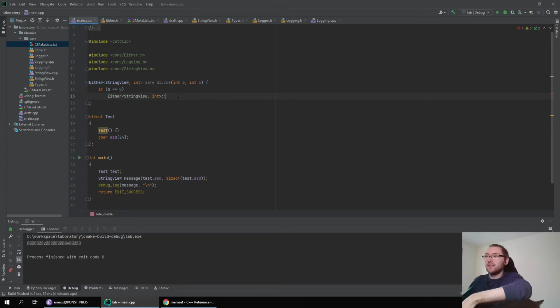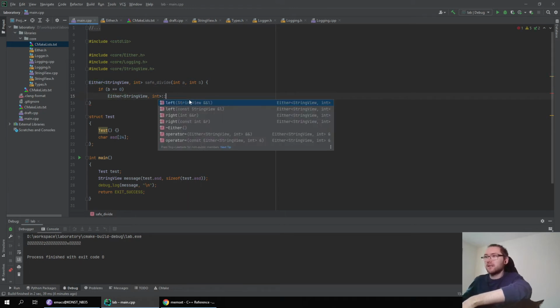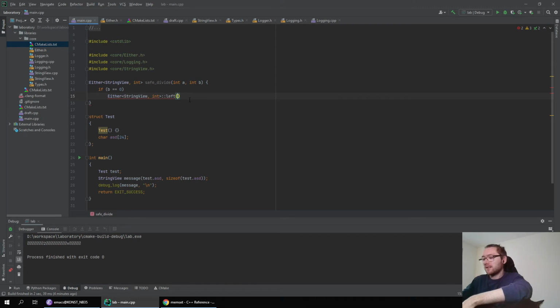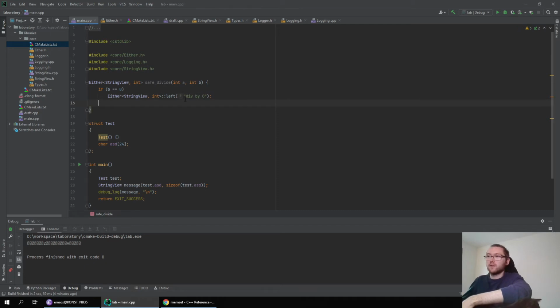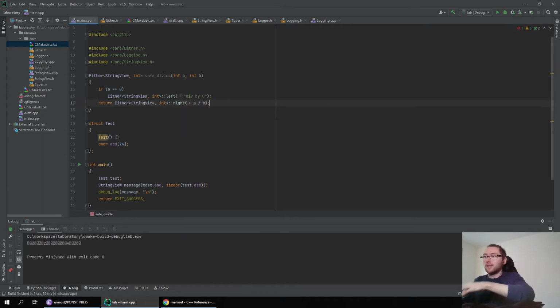So division through zero. Basically, I would like to create an error in this case. Let's just use a short string, and in this case, I can just return my expected result. So write a through b. Sure.